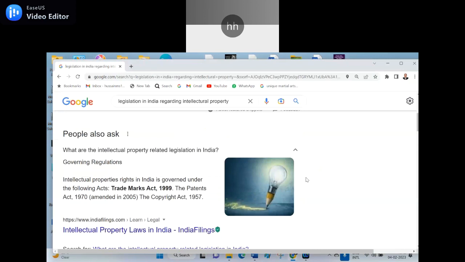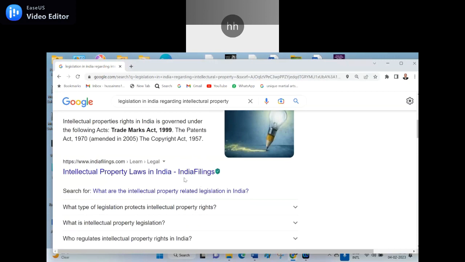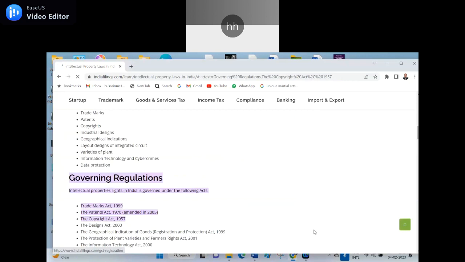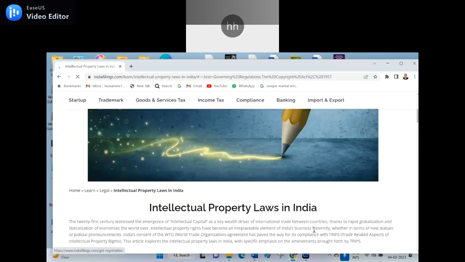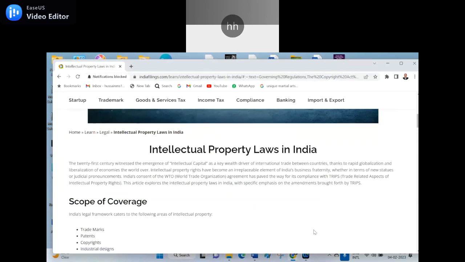See, when I saw it here, there is a Trademarks Act separately. Patent Act is there. Copyright Act is there. And so many acts are there. In addition to that, intellectual property laws in India. See, I am showing you just for your information. Intellectual property laws in India. The 21st century witnessed the emergence of intellectual capital as a key wealth driver of international trade between countries. Thanks to rapid globalization and liberalization of economies the world over, intellectual property has become a